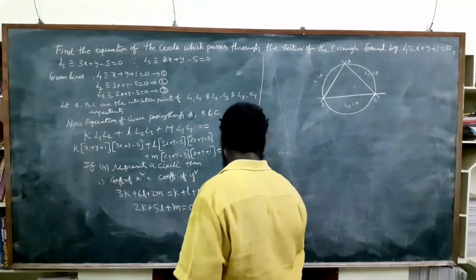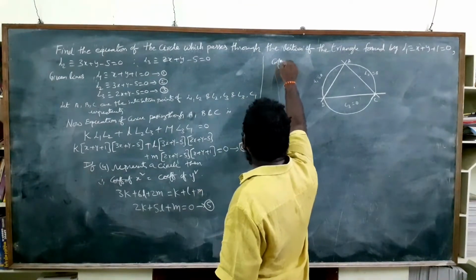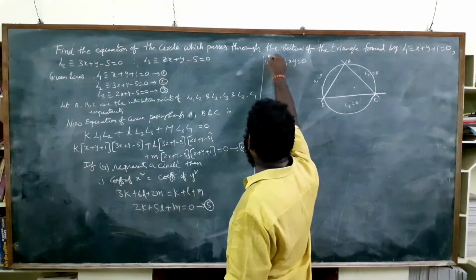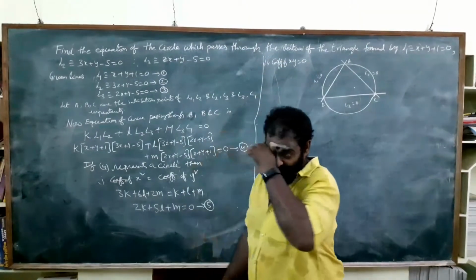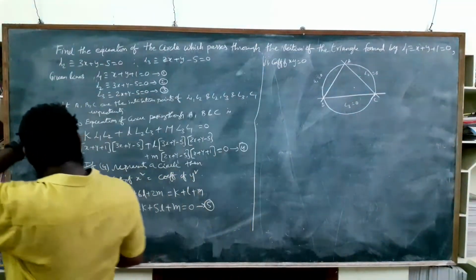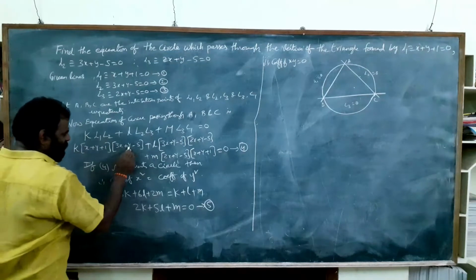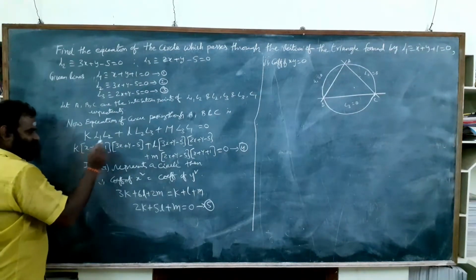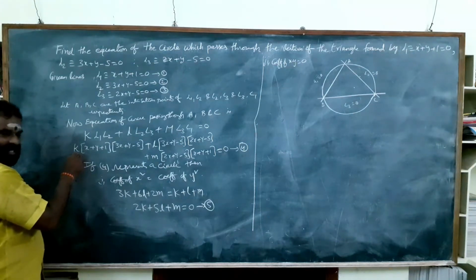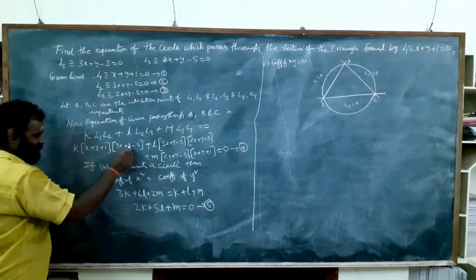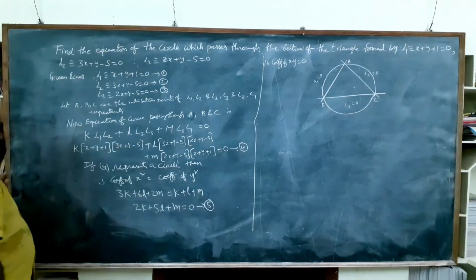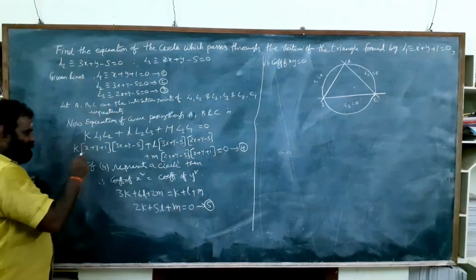Next, coefficient of xy equal to 0. We know that coefficient of xy equal to 0. This is the second condition. So we have to find out what is coefficient of xy. So when will it come? This x and this y. So here x into y, xy into k. Okay, x into y, xy plus y into 3x. Do you understand or not?